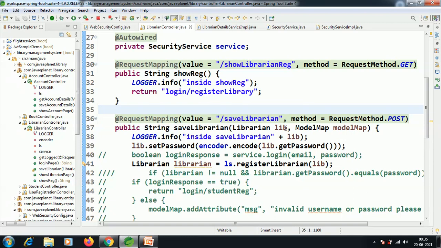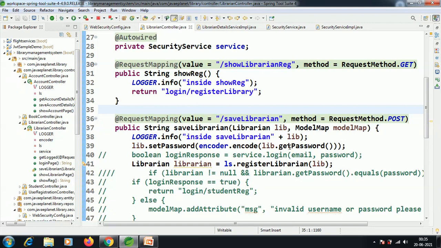When I enter the password on the registration page, it is encoding the password and saving it in the database. And when we enter the password on the login page, it validates it against the encoded password present in the database.